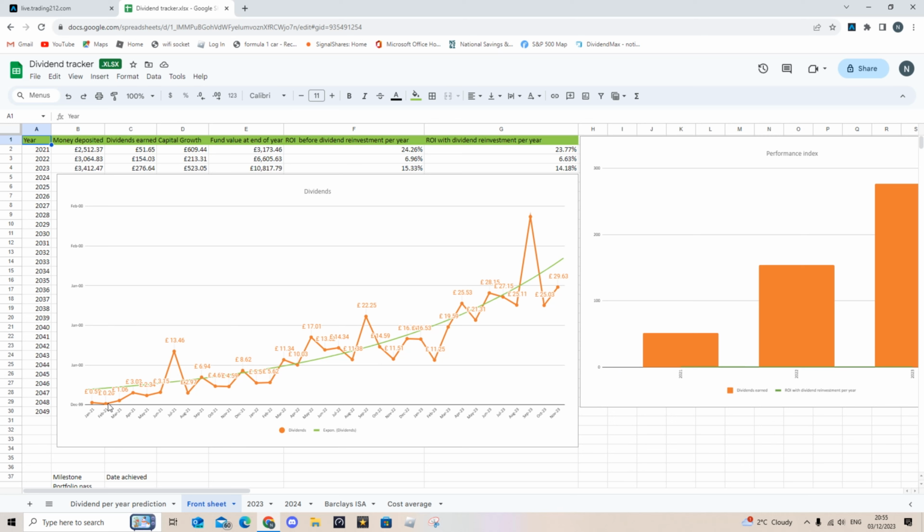So this is my dividends since I've started the portfolio. And this is the exponential line as my dividends should grow. So it is tracking that line quite well. Obviously anything above the line is really good, and if it's below the line is not so good. So as you can see,